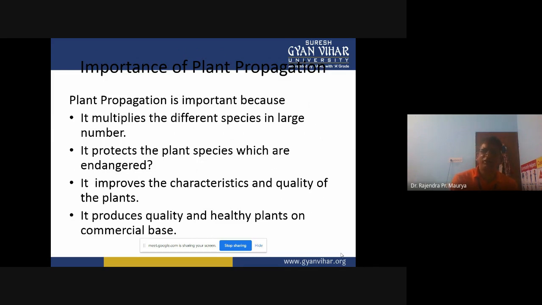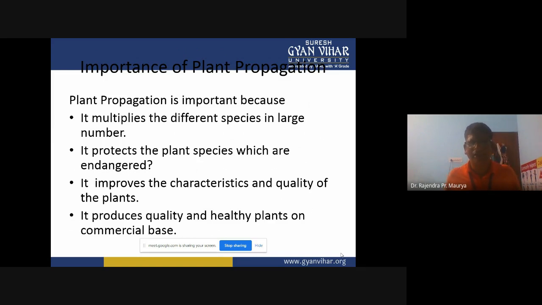And the most important and interesting thing is that all 30 plants will be clones of that particular plant, because all these 30 plants will bear the same color flowers or same type of fruits, same quality, all these things. So it is a wonderful technique for multiplication of a plant in large numbers.